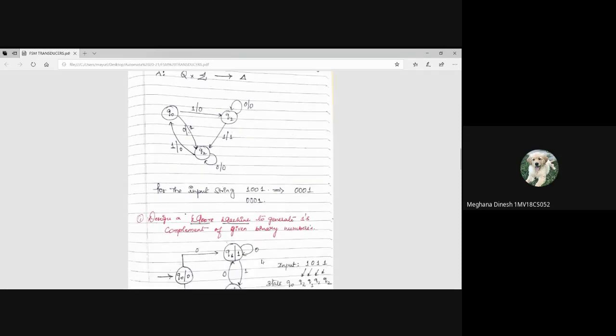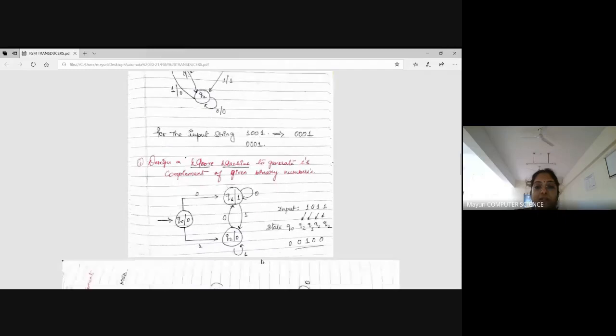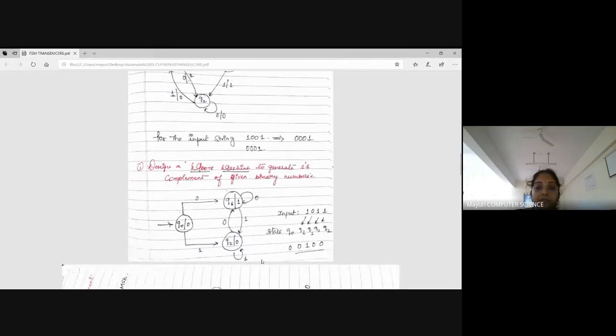Okay. Here, on whichever input you are moving, consider that respective output. In a Moore machine, output is within the state for every state, but in a Mealy machine, the output is associated with the respective input, meaning over the transition. Just have a look here. I have to design a Moore machine. The moment I say Moore machine, what has to come to your mind? The output is associated with the respective state.